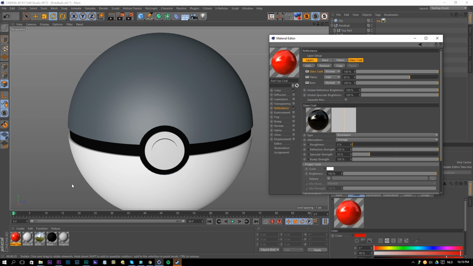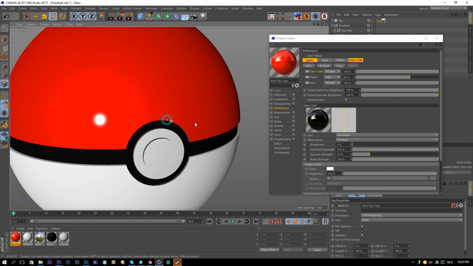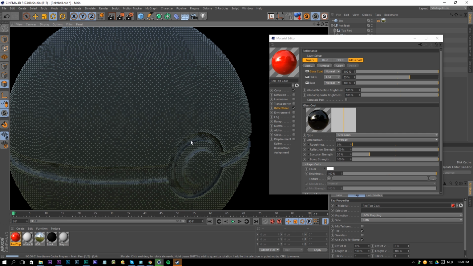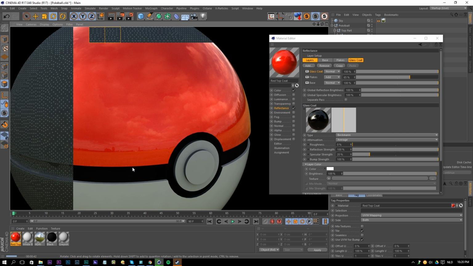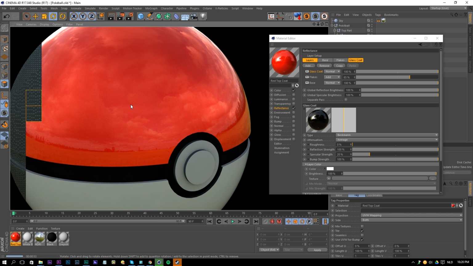And now if we're going to preview this, I'll drag it on our shell. And I'm actually going to try and get a nice angle of this Pokeball. It should have these nice flakes in it. And look how nice this is actually getting. We really see these nice flakes in our texture, and it's like a rich red metal Pokeball. So it's like an actual Pokeball that, yeah, it's pretty solid.